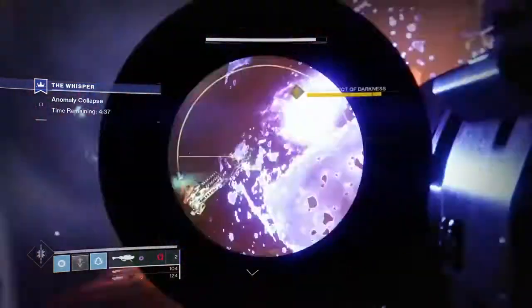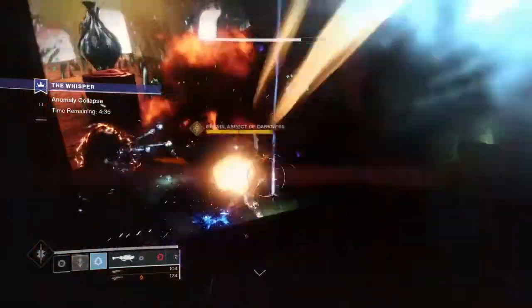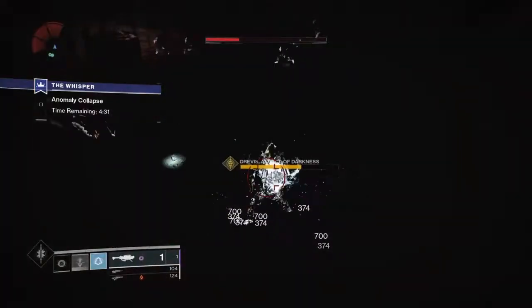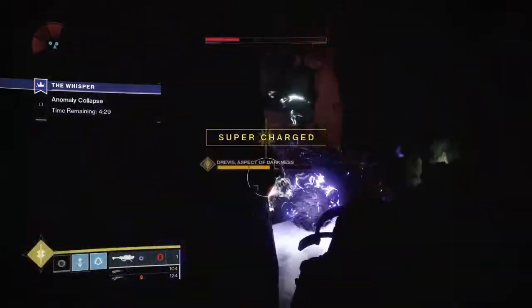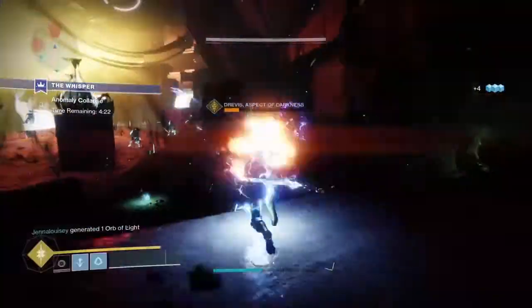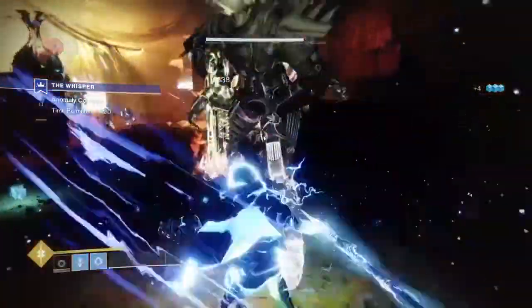And now I'm about to get my super. I'll use it on him. And then I'll change over to my golden gun. So that'll do a lot more damage to the bosses. So Jen's just used her Void Warlock ability, Nova Bomb. I'm going to go with my arc staff, just knock out this opponent, hit him as much as